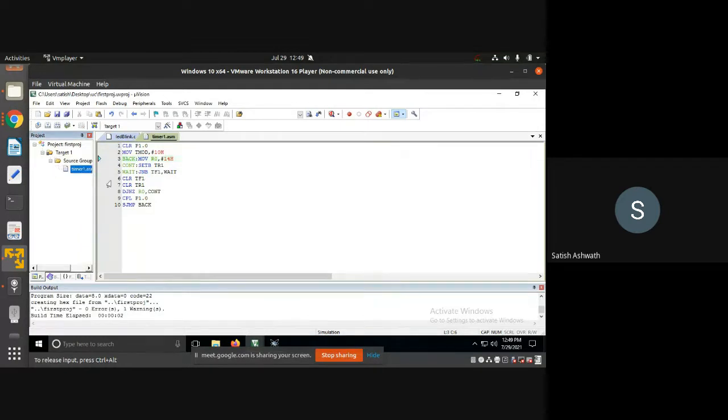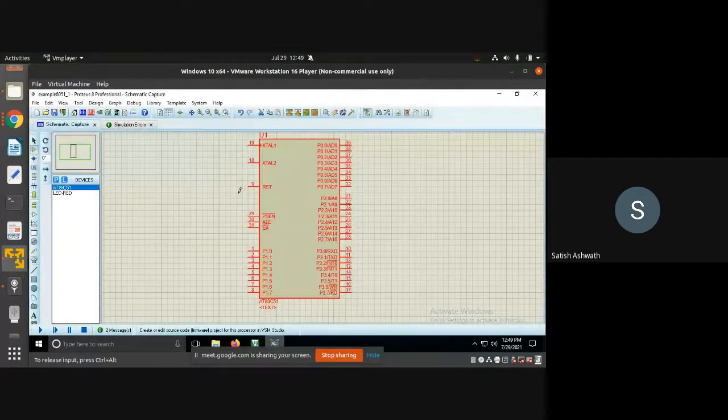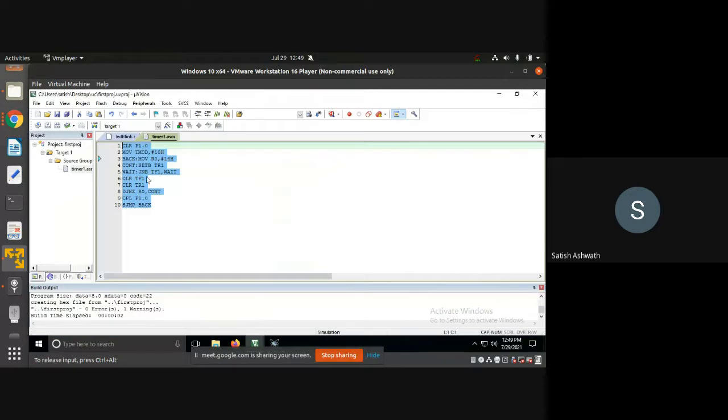So now this program, what we have written here, has to be converted into a machine level code, which can be loaded into the Proteus, because Proteus is a hardware. It does not understand assembly code or C code. It requires a binary level, machine level code for it to run. So we can convert any given program in Keil into a machine level code by creating something called a hex file. Right? So for that, what you have to do, right click on your source group.